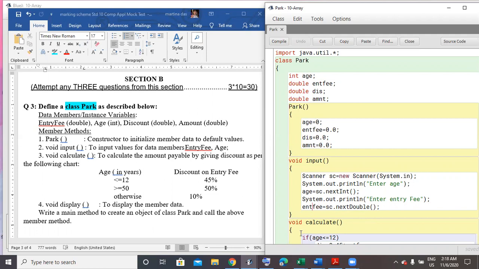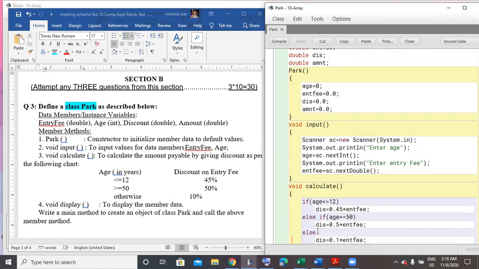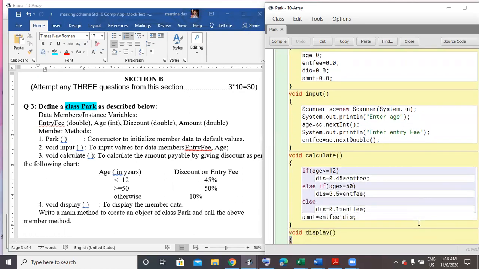Now we come to calculate. In calculate, you can see a few tabulations have been given. We have to follow the table, that is if the age is less than 12, then the discount percent is 45%. So I write if age less than or equal to 12, discount equals 0.45 of entry fee. I directly mention 0.45 because 45% is 45 by 100, which gives me 0.45.